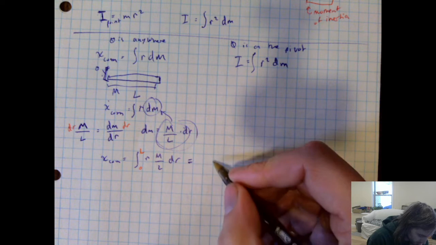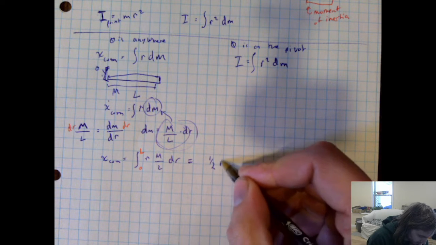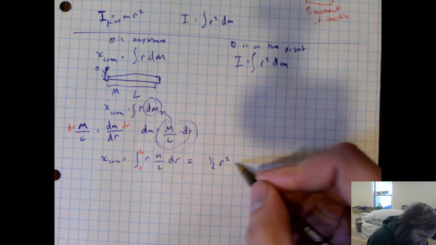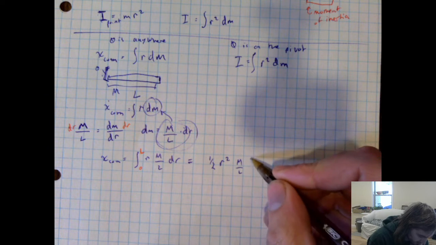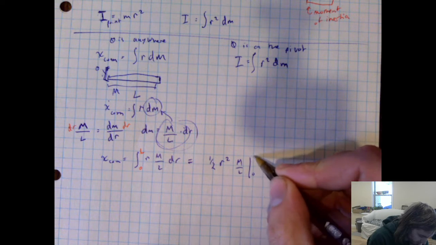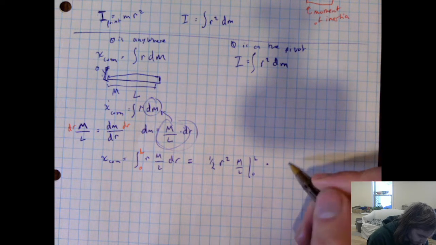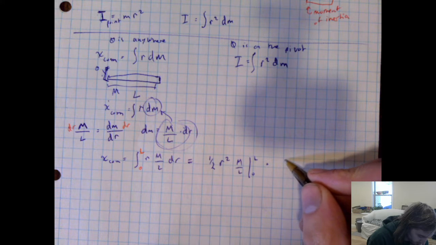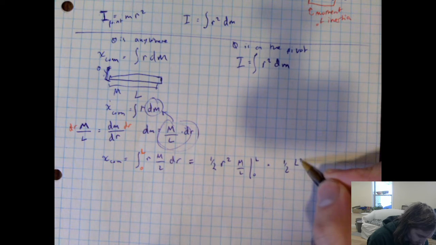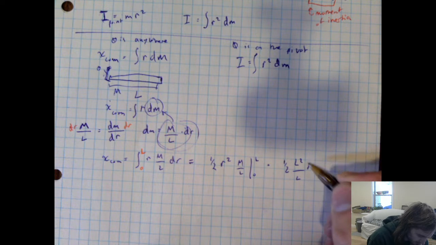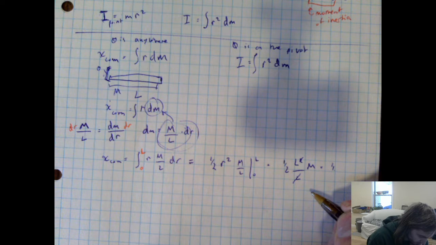Integral of r is 1/2 r squared. Our m and our L are constants, so it doesn't really matter where we stick them. Evaluating from 0 to L. Plugging in L to r squared, we'll get 1/2 L squared over L times m. The squared drops with the L on the bottom. And we've got, oh